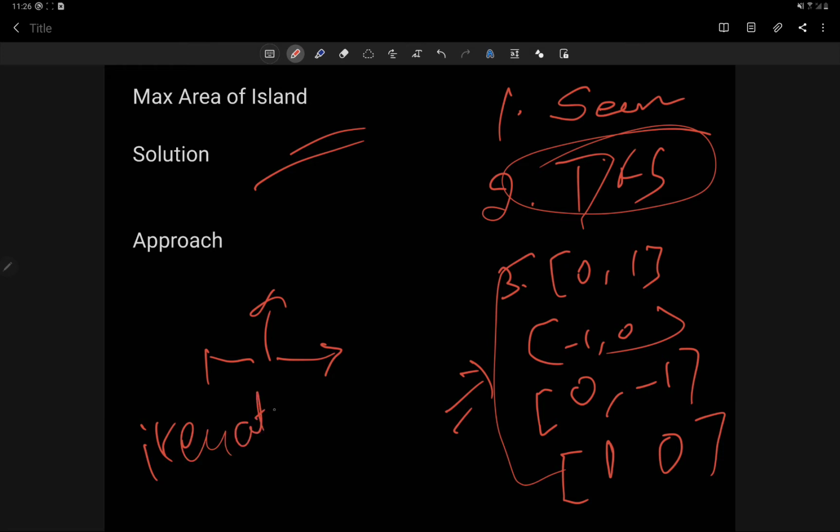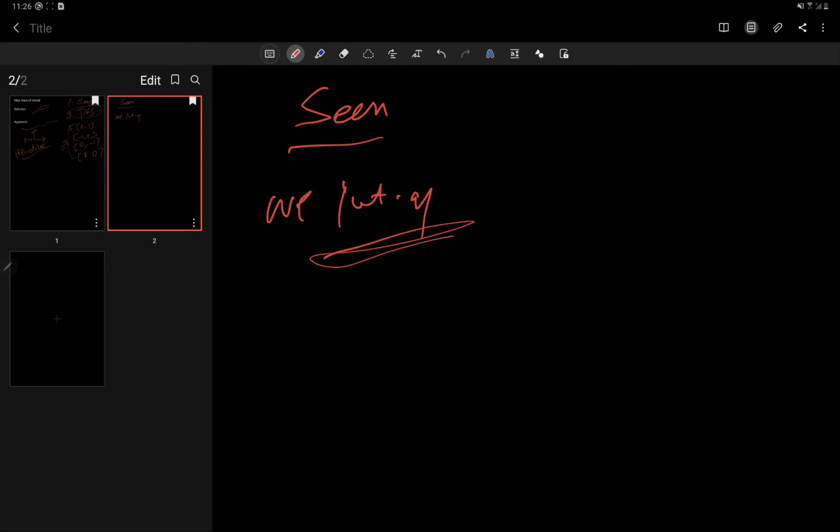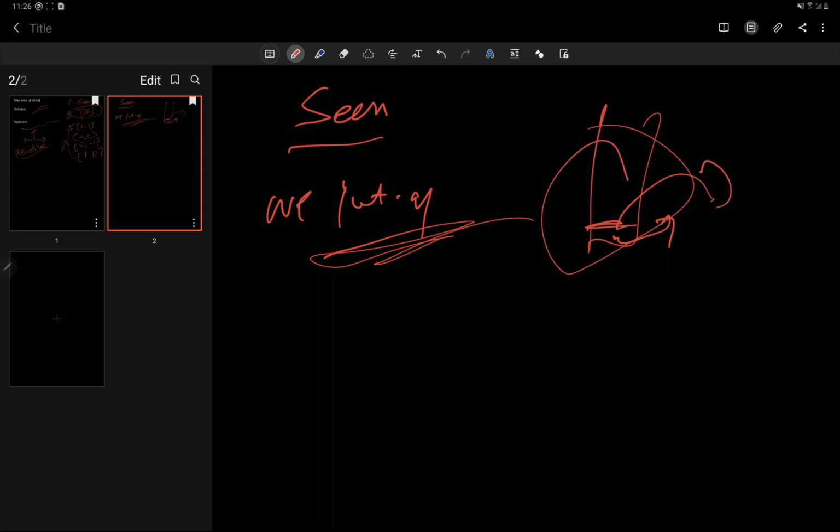And we will apply an iterative solution. Why an iterative solution? Because we will traverse the whole of our grid, the 2D matrix that will be given to us, and wherever we find a 1, what we do is we keep track of seen, as well as we initialize a stack. Because for the DFS approach we will use a stack. If a particular point is there in the stack, then it will be popped out and traversed while the stack is not empty, and every point where we traverse on our way will keep getting added.